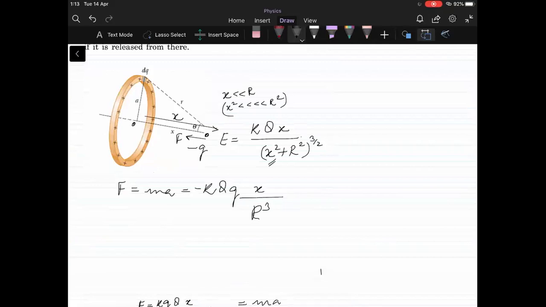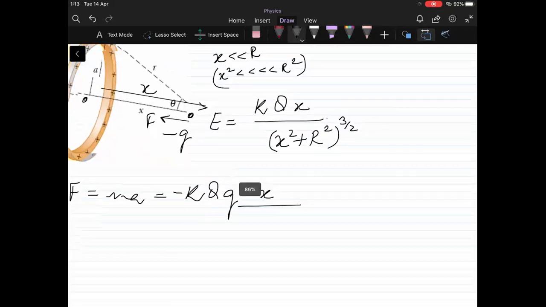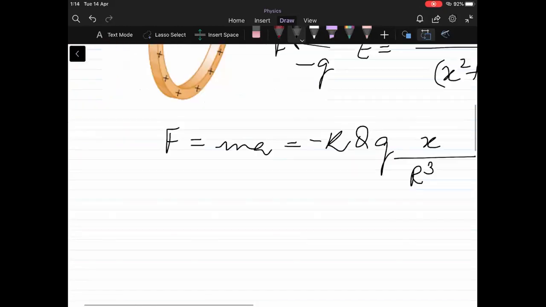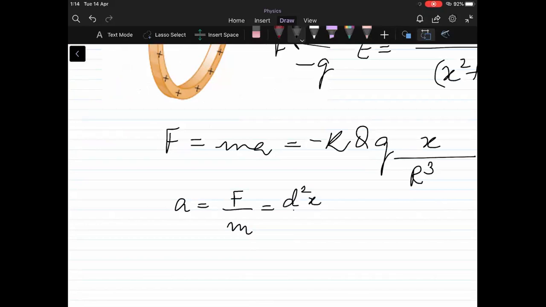This is insignificant in comparison to r square, right? So we can straight away write r cube. So this is r cube and this is mass m. Now you can write the equation of acceleration as f by m. This is d square x by dt square, which is equal to minus of k capital Q small q upon m r cube